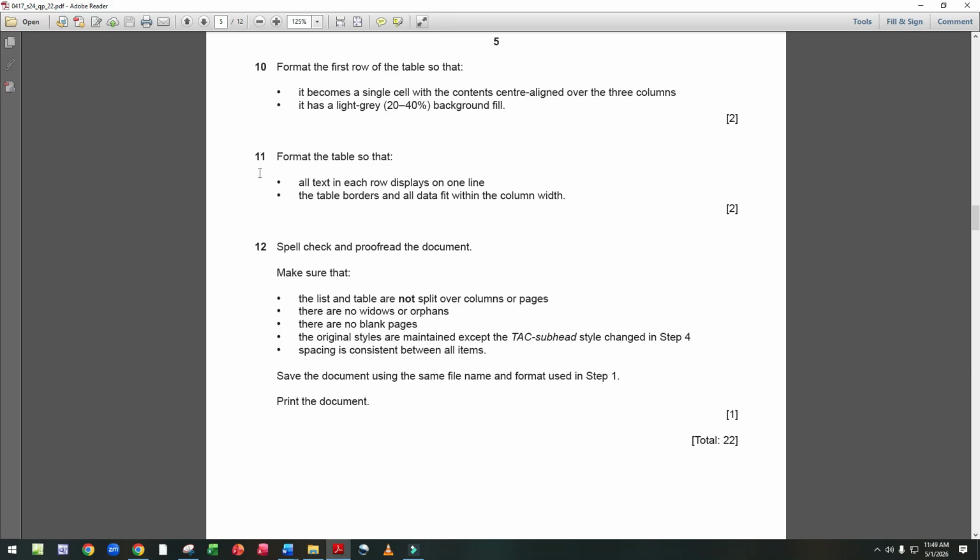Now come on question 11. Format the table so that all text in each row is displayed in one column, one line. The table border and all data fit within the column width.